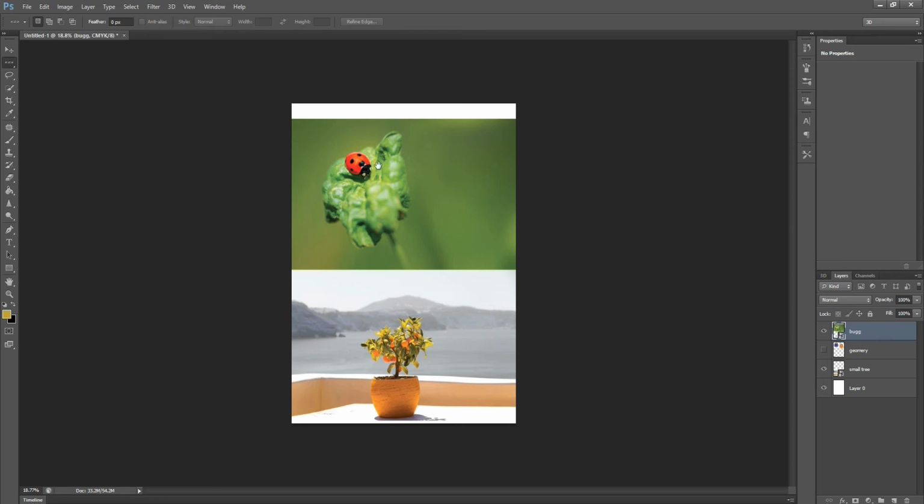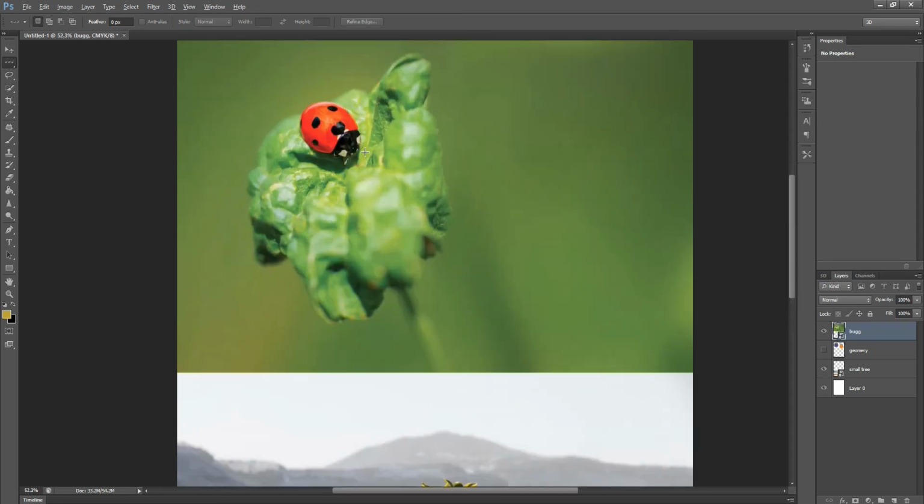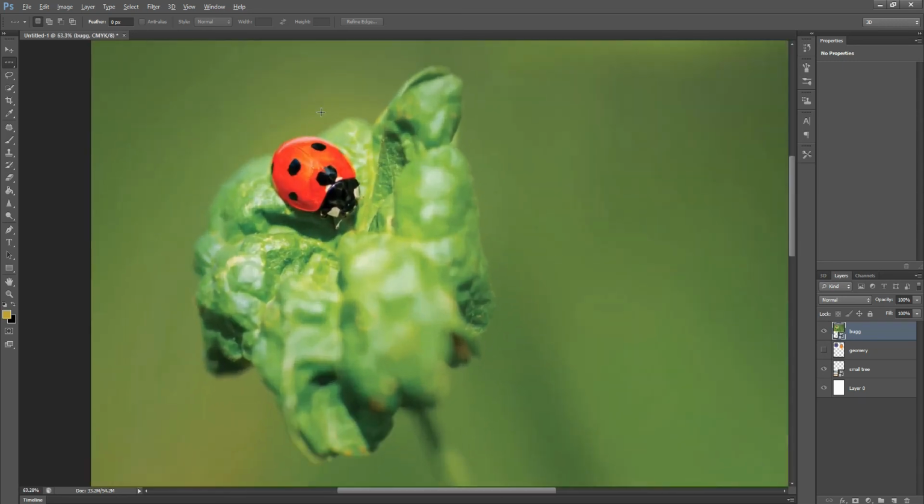Now we learn about the selection tool. We increase the size of the image so that we can see properly. Now we go to the quick selection tool. With the quick selection tool, we can select the particular area like this. The dotted line shows the selection.